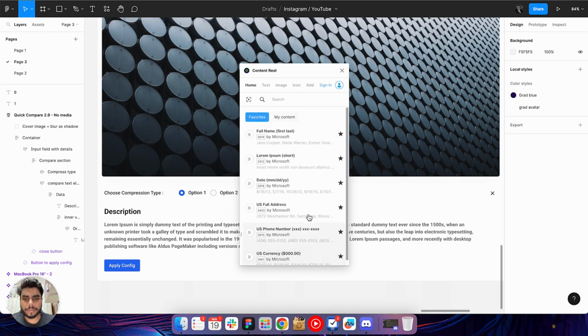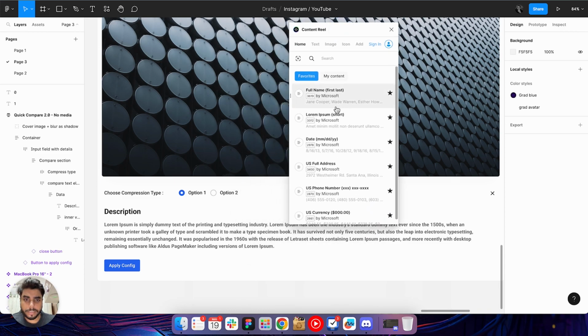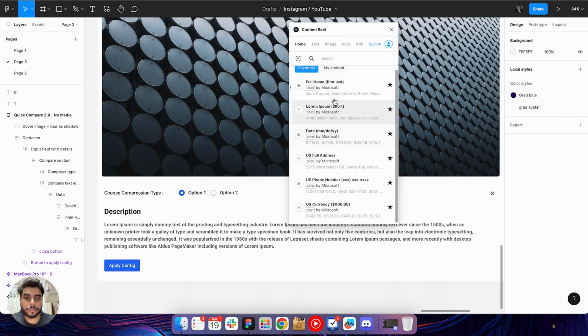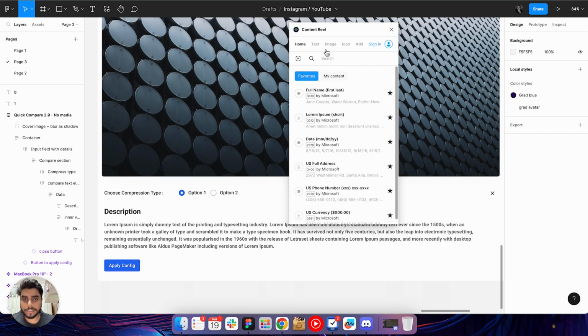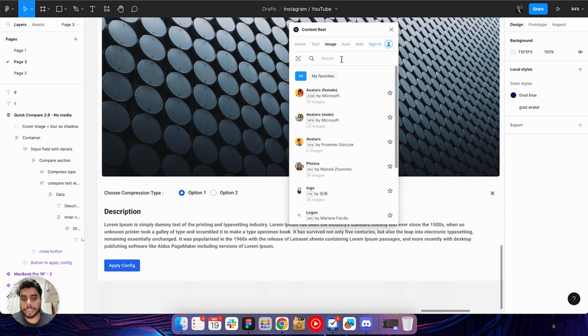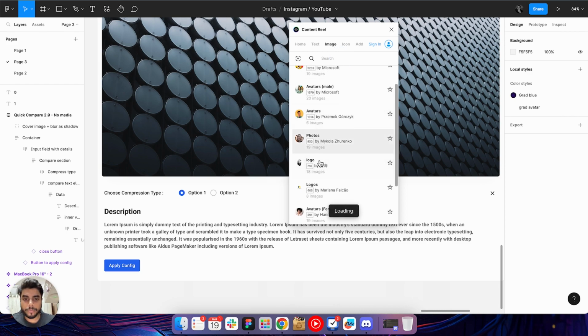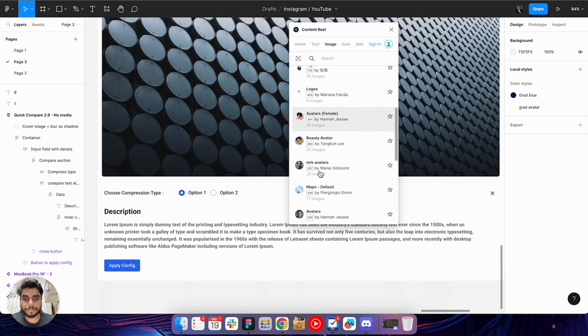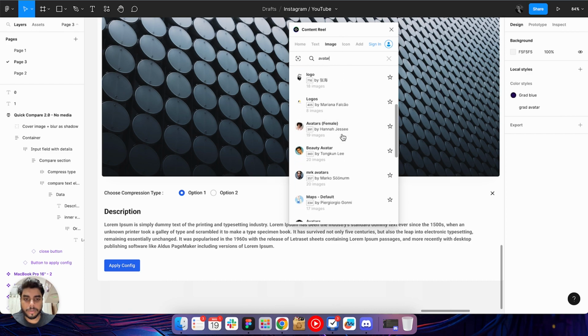beta, I believe. So this plugin actually lets you fill a name or some short text, date of birth, US address, phone number, currency, and all. But it does not just provide you the text content, if you go for an image, you can search for avatars, or you can go for photos, logos, and all. My favorite is always avatar, and I go for avatar male, female, or